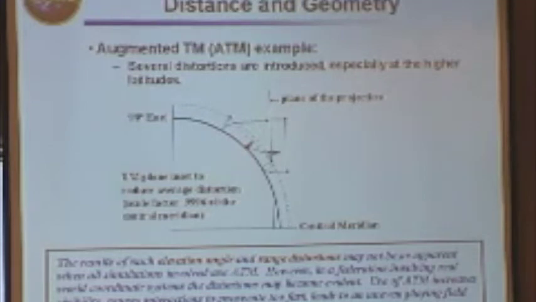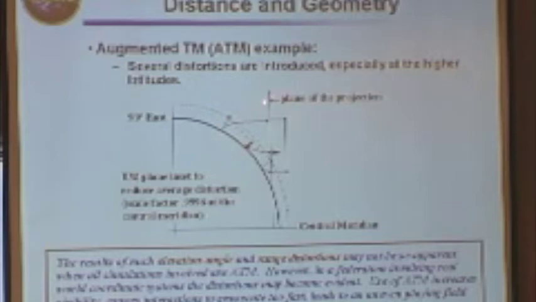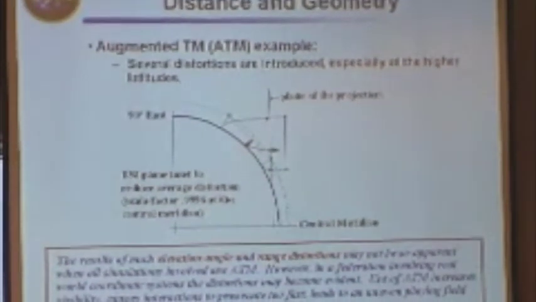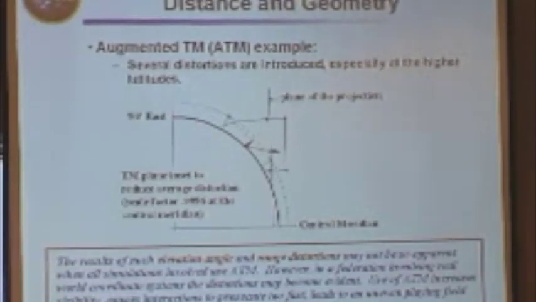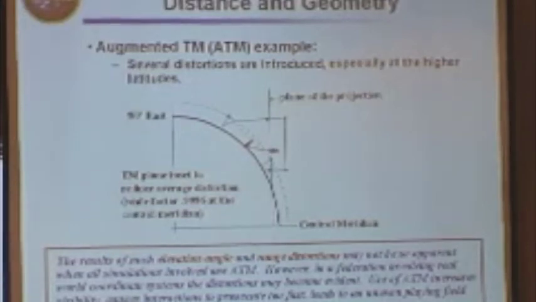But since I wanted a rectangular system, I transformed all of this to universal transverse Mercator, or just transverse Mercator. The bottom points map to there. This bottom point maps to there. And I stick the heights on. Guess what? Now the observer can see the target. So if I had two simulations hooked together, and one of them was using geodetic coordinates and the other one was using UTM coordinates, I could see you and you couldn't see me. That's called an unlevel playing field. Aside from the fact it's wrong.